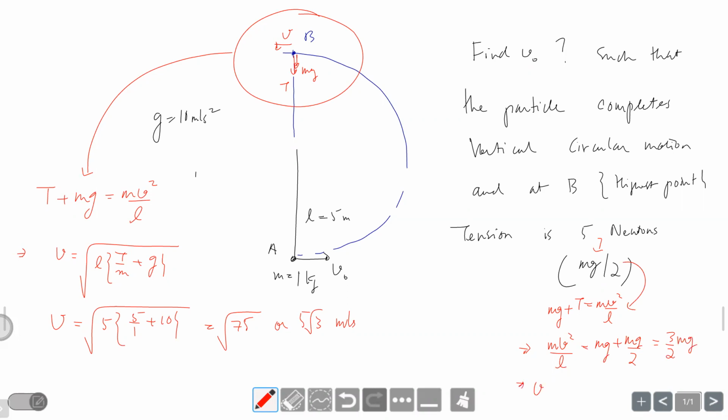Is the formula v equals root of v square plus 2gh or v square minus? Not equal. So let's go back to the fundamental equation: delta K plus delta U is zero. Change in kinetic energy plus change in potential energy is zero. Going from here to here, what has happened to your kinetic energy? It's half m v square final minus half m v naught square initial. And what is happening to your potential energy? It increases by mg times 2L. From that you get it.